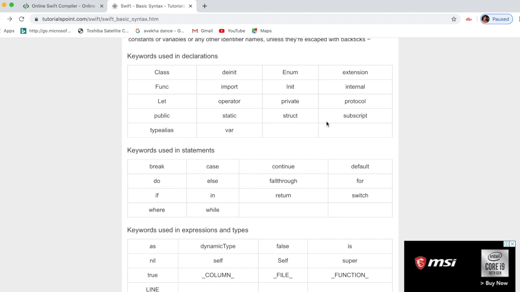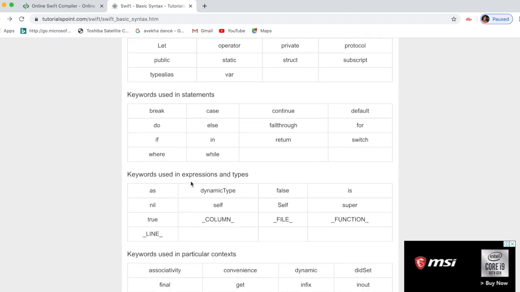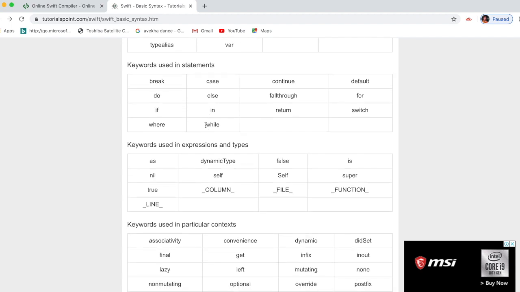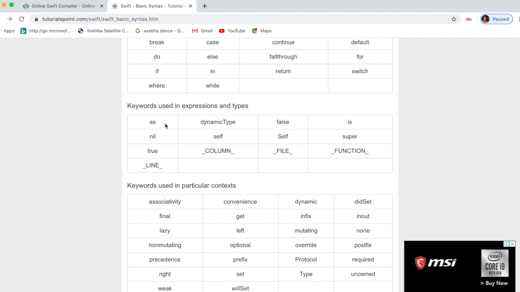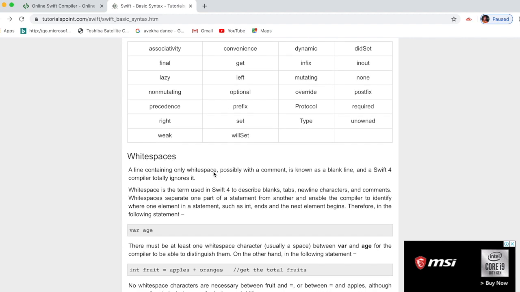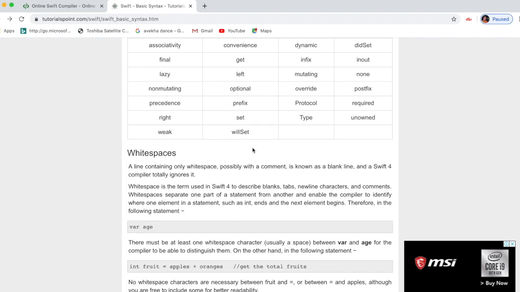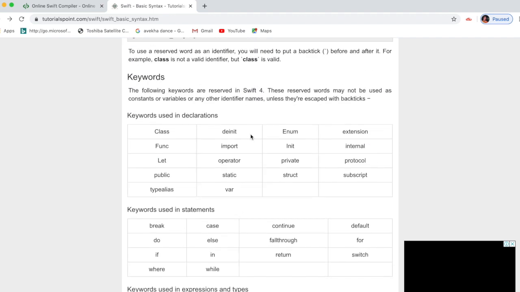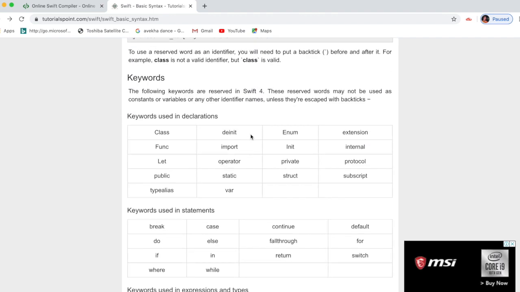Then keywords used in statements like break, case, else. Then keywords used in expressions and types like as, nil, self, is. Then keywords used in particular contexts like final, lazy. This will be explained when we do programming, which is the best way.